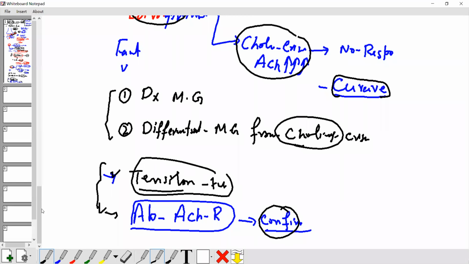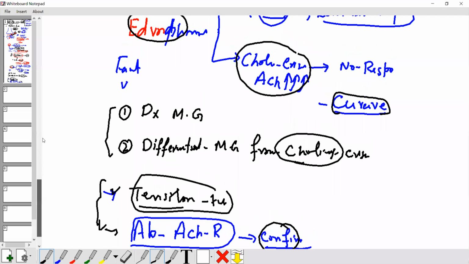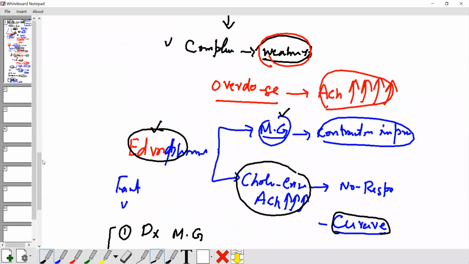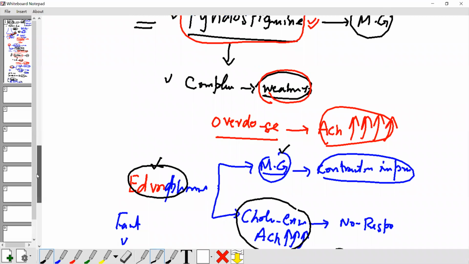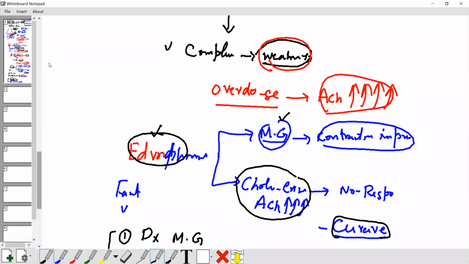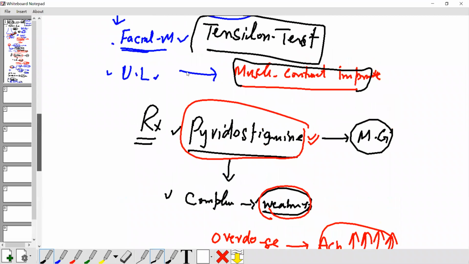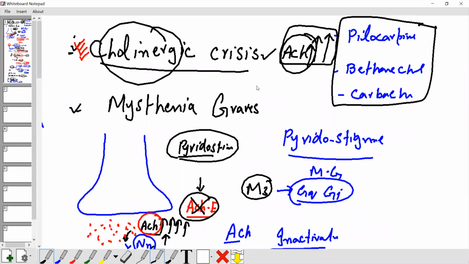The basic idea about myasthenia gravis diagnosis and treatment is done. Are you clear about myasthenia gravis treatment? How can you differentiate the cholinergic crisis? What does cholinergic crisis mean? Cholinergic crisis is just a high level of acetylcholine in the synaptic space. Too much acetylcholine inactivates the receptor, like the nicotinic receptor. If you repeatedly stimulate the nicotinic receptor, that receptor becomes inactive very quickly. That phenomenon is known as tachyphylaxis.